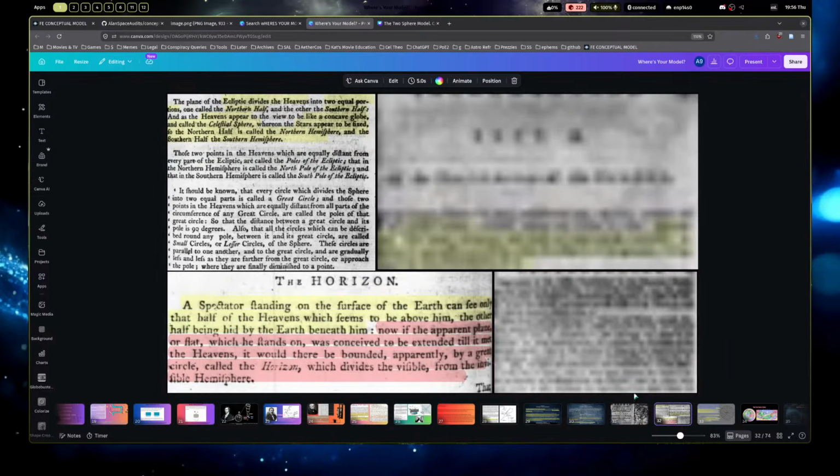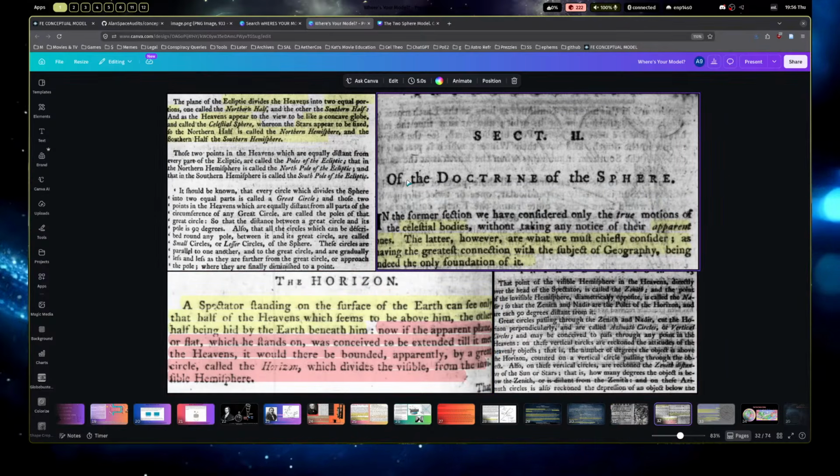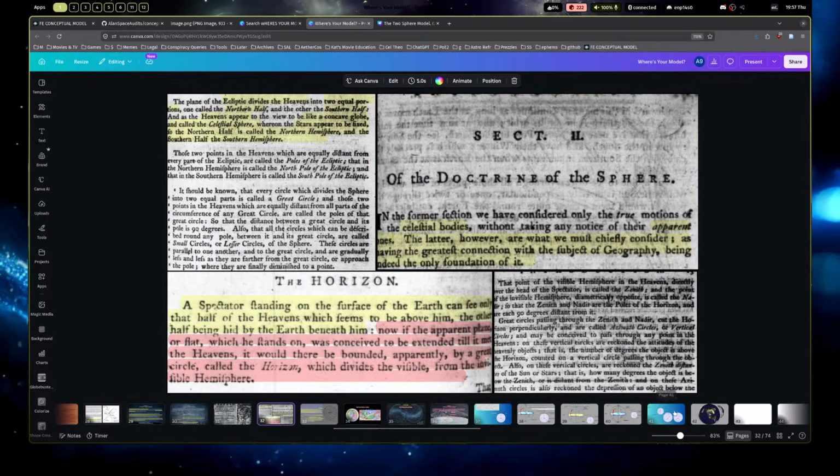But anyway, when you go through this, there's a section on the doctrine of the sphere about the celestial sphere and mapping the positions of the bodies to that fictitious observer, creating that hollow shell sphere situation that we looked at earlier. This is one of the earliest references I could find to them talking about it. The king made this a royal dictate, and since 1777, nothing's been the same.